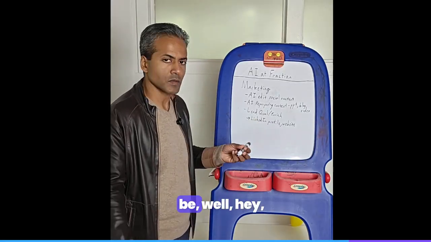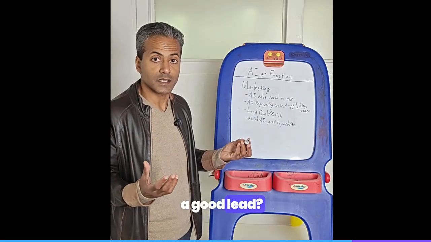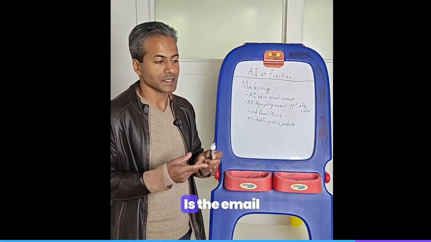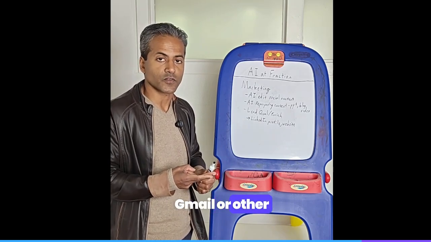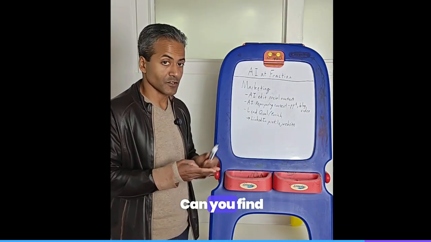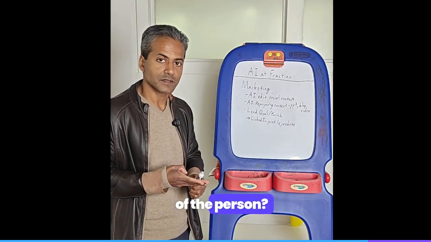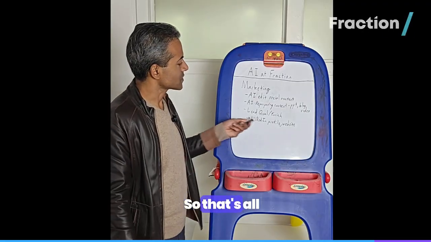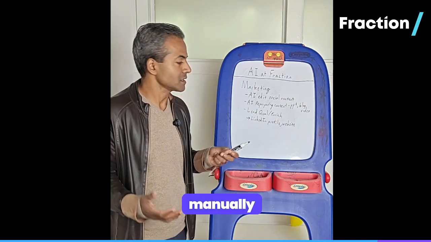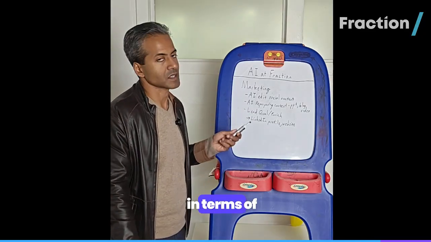And so this very much would be, well, hey, a lead comes in. Is this a good lead? Does it have a real phone number? Is the email address a business address, or is it just a random Gmail or other free account? Can you find a LinkedIn profile of the person? Do they have a real website? So that's all things that you could do manually, and you're just automating that